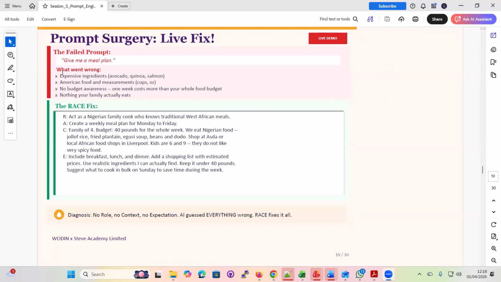So what we are actually talking about is a failed prompt. It's not something that you do intentionally, but you do it without being aware of what you're actually doing. So what happens is that you write, give me a meal plan. And so AI will give you a meal plan. Probably you've been chatting with AI for a bit, so ChatGPT or whichever LLM you are using knows a bit about you. And so they'll give you expensive ingredients, avocado, quinoa, salmon, American food,